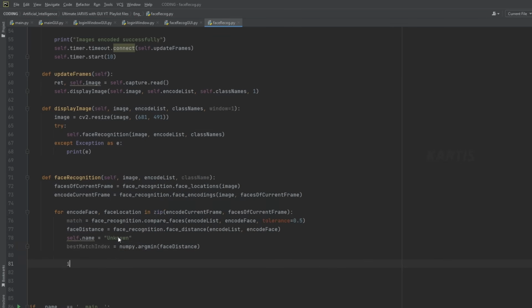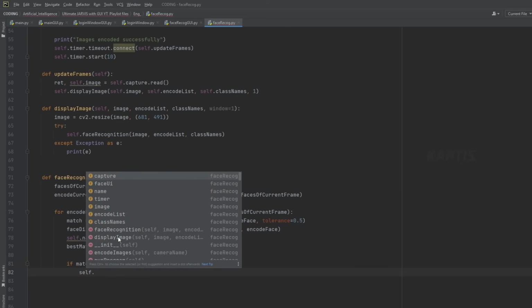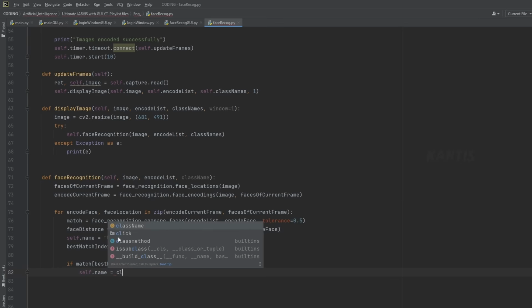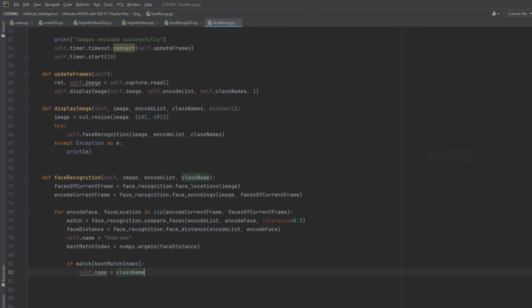So let's say if match of best match index, if there is a match in the best match index, let's say self.name is equal to the class name which we have created above. Inside, let's pass best match index. The name of the file, name of the photo will be stored inside the self.name, and then we'll be creating the rectangle